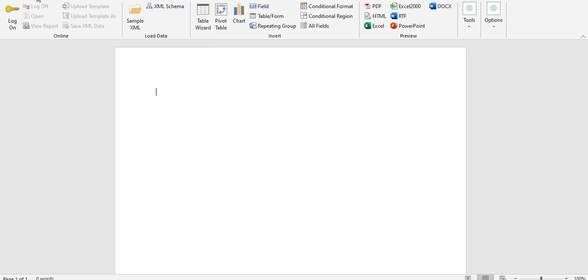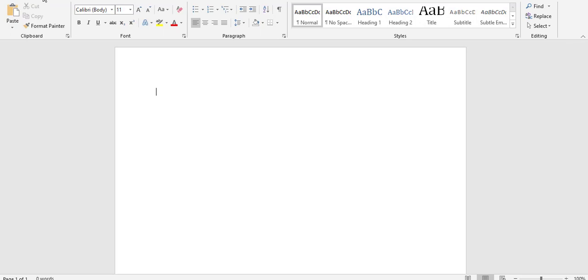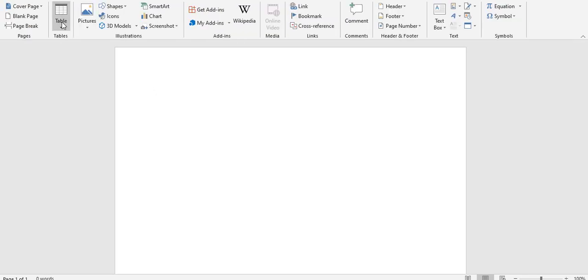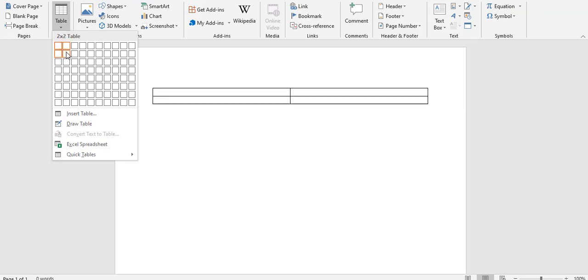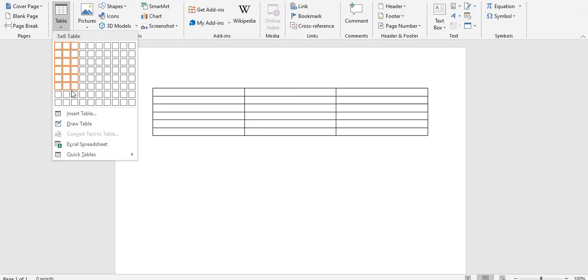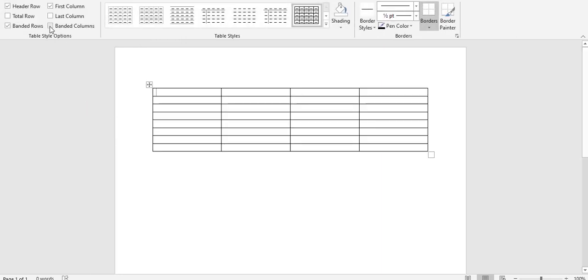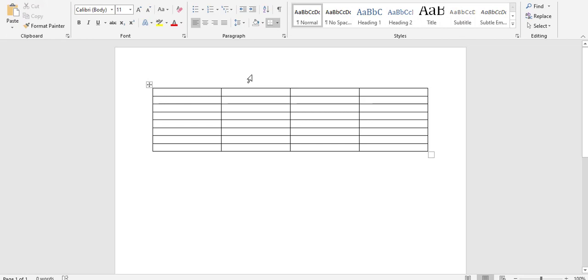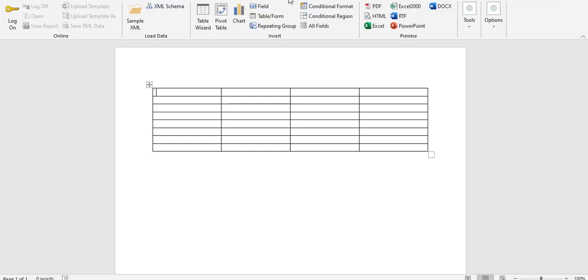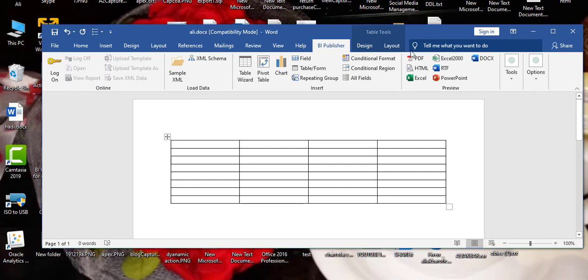Go to the ribbon tab Home and search for table. I'm selecting table. You can see now I'm going to move from the BI Publisher tab.